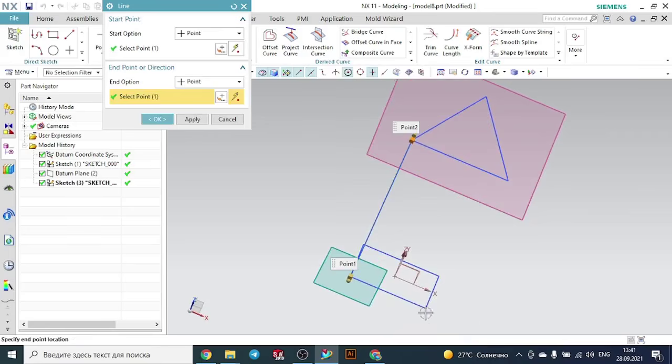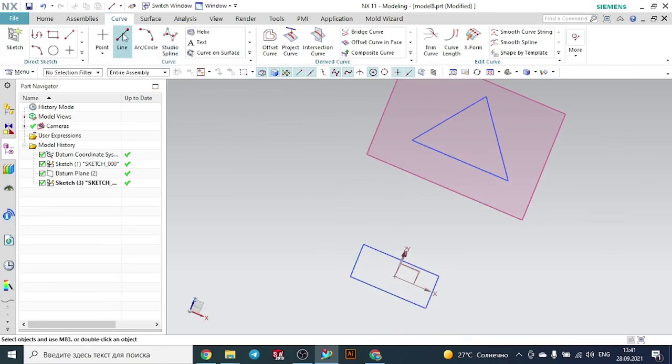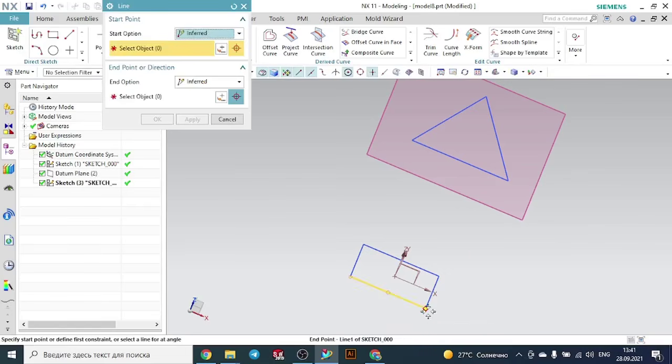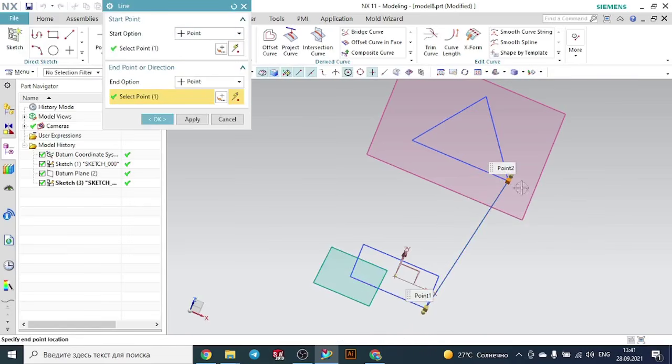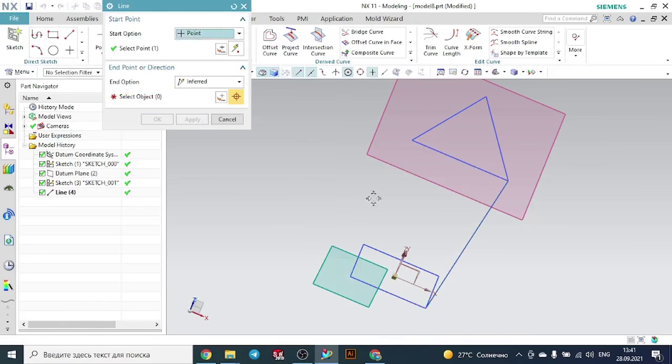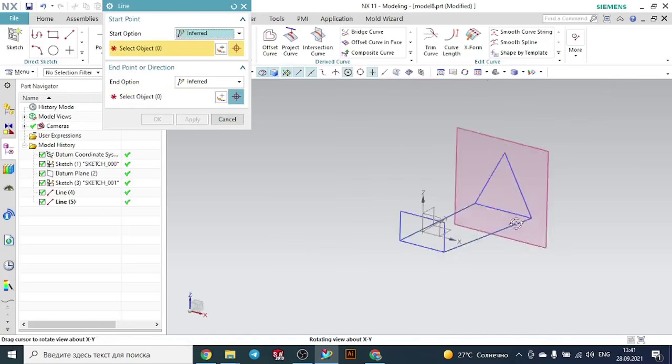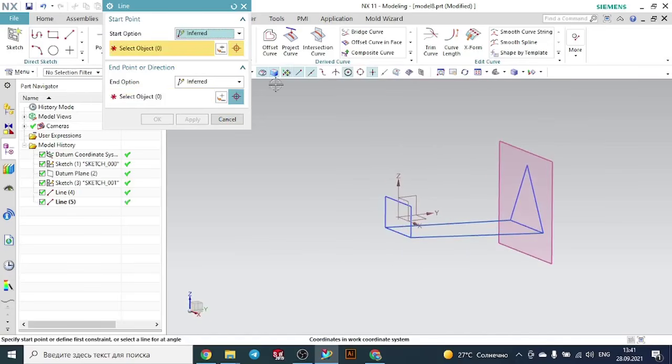You see it is connected. Sorry, go to the line, select this point, and press apply and select this point and this point, press apply and we can make here